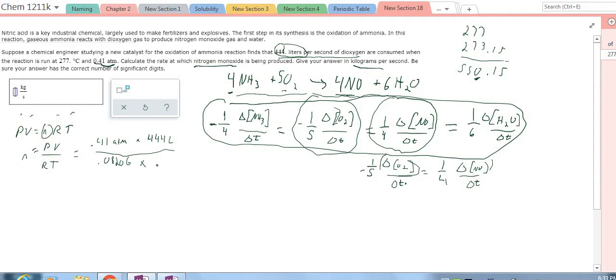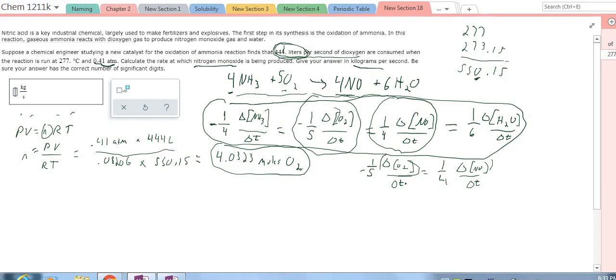So when I do those calculations on my calculator, that is going to leave me with 4.0323 moles of O2. Okay, that is the number of moles of O2 in those 444 liters that are formed